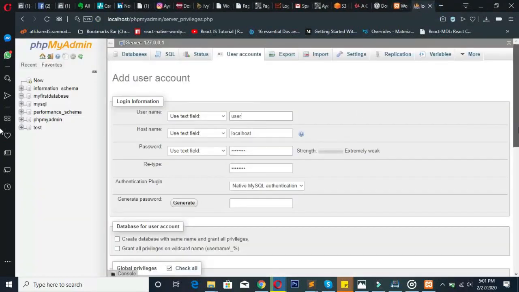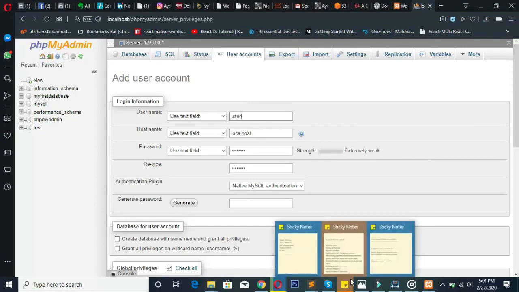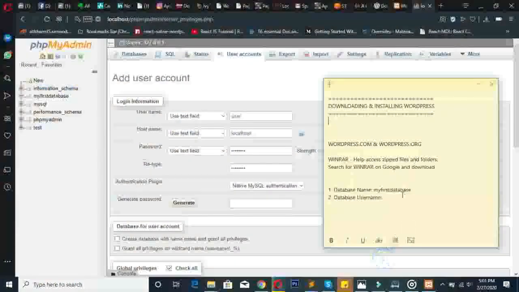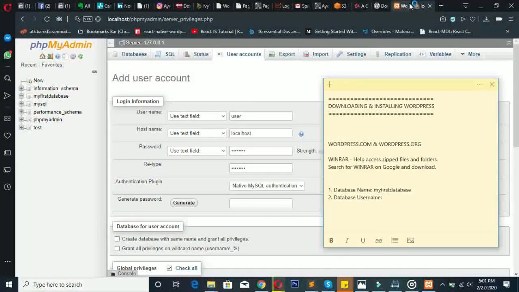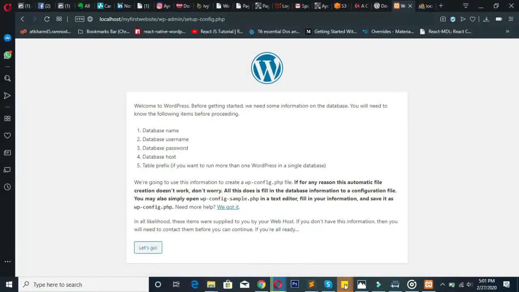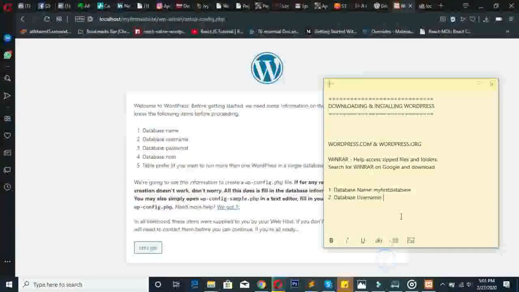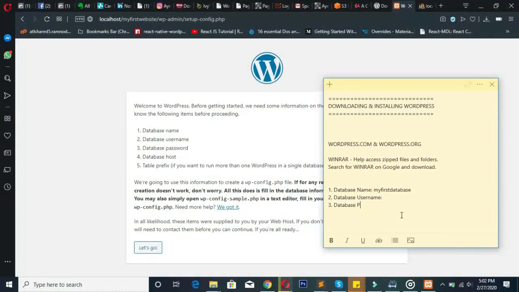Okay, so now let's take note of what we just did. WordPress asked us for, what are the things WordPress asked us for? Let's write them out somewhere. Database username. It also asked us for a database password. You've noticed we've already set all this, so that database password is the user password as well. Now for database host, we've set that as well. Then five is a table